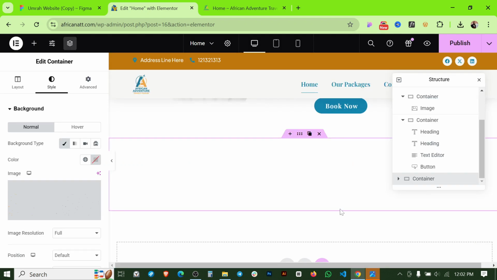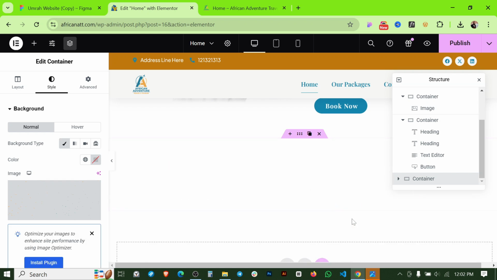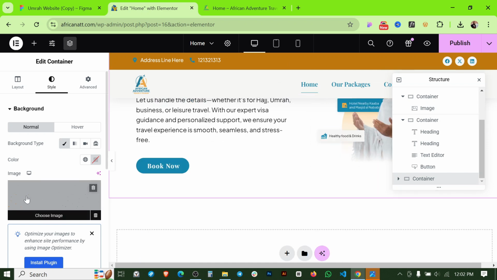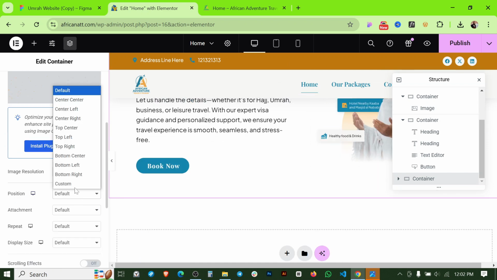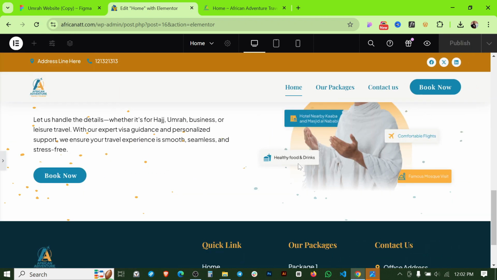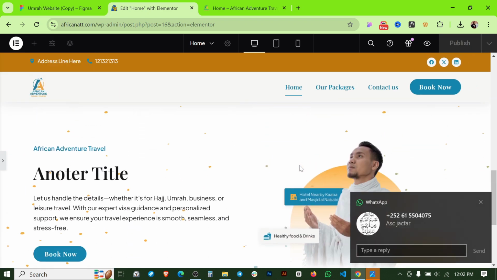Now select this one, and if I go for center and let's make it no repeat and let's make it cover, and it will be like that. Okay,